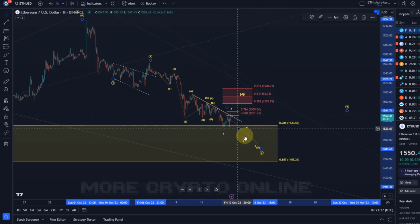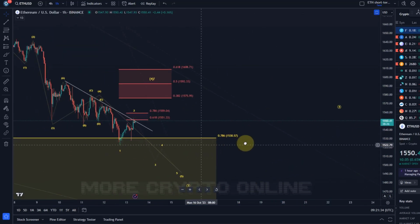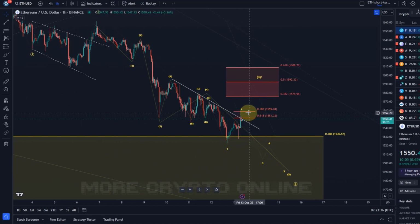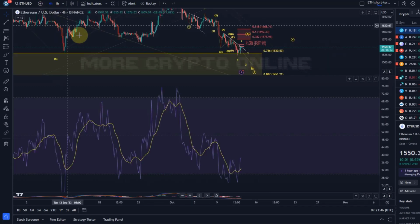Until then, this more direct sell-off wave count is basically in control, but we need to be watching 1559 very closely, and I would not be surprised if it breaks. Not in this environment. We have very, very strong support down there at 1530. It's critical support. If you look at the indicators on the 4-hour chart, we were very much oversold here. Would not be surprised to get a more pronounced wave 4 over the weekend. I mean, it's already